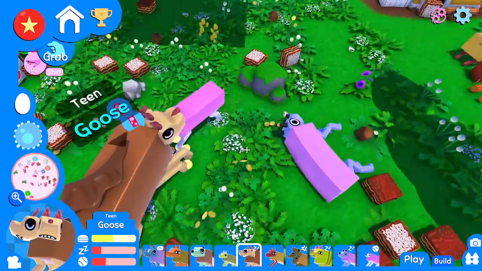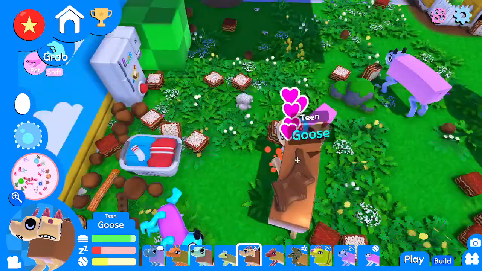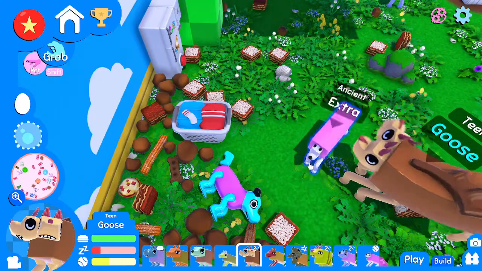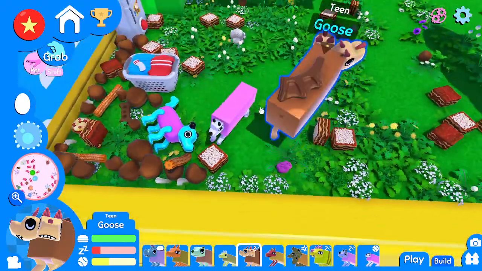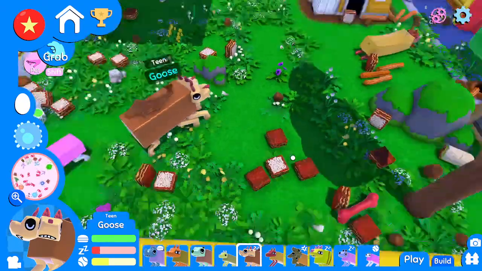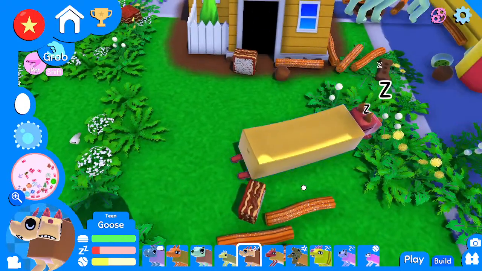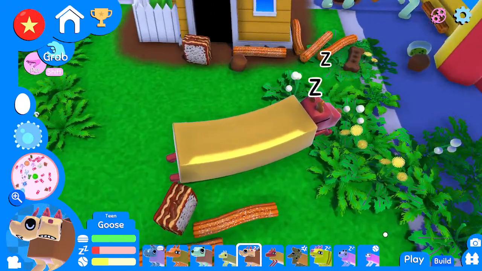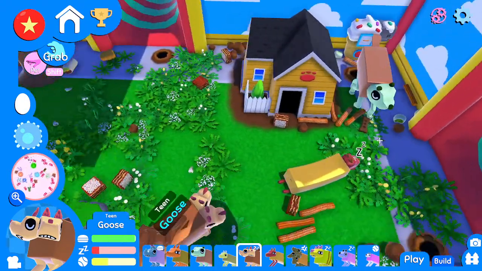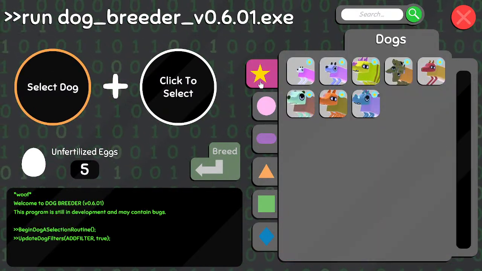I like extras trying to fight this guy. He's like, get out of my road. There you go, mate. He doesn't want to go around, which is fair. I didn't expect anything more or less of an extra. Oh, well. Oh my god, he's doing the corgi lay down. Look at him go. I didn't realize he was a corgi. He must be like a corgi. There we go, that's a better one.